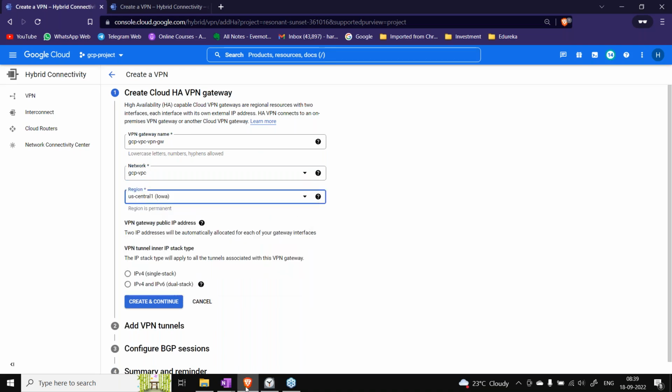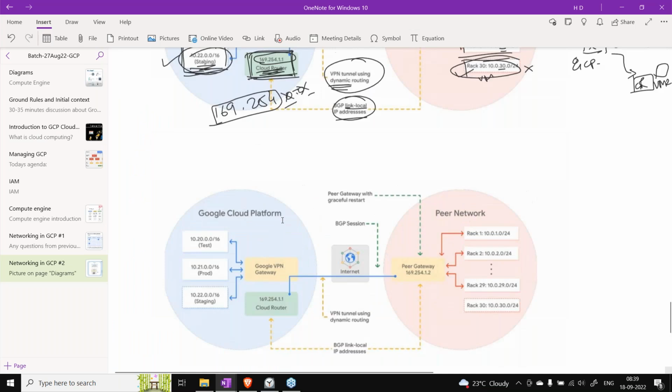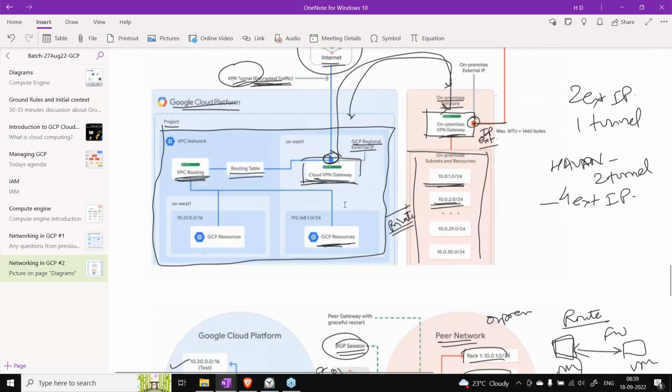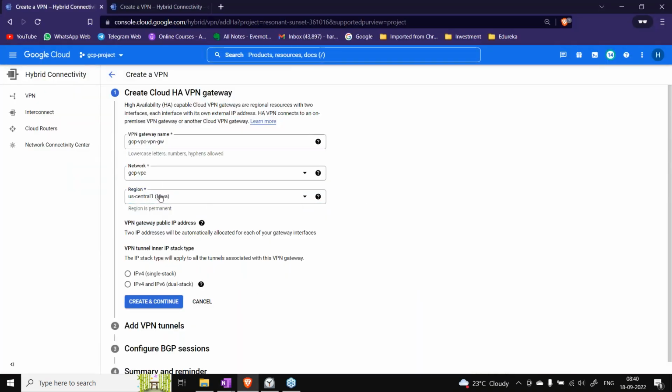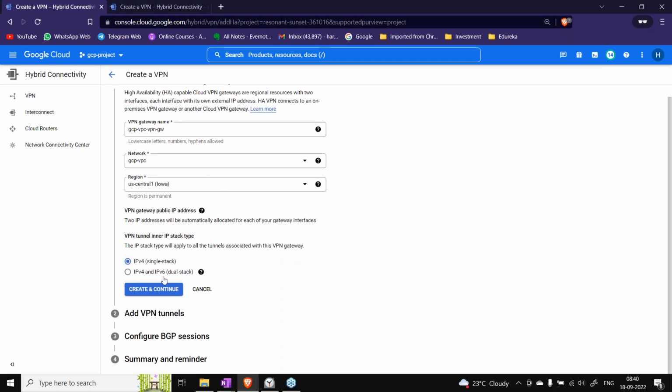We'll have to put this particular gateway in a region. However, it will still be able to route traffic for all the subnets. That's okay, but it has to be in the same VPC, and we have to keep it in some region. So that's why I'm just selecting one region. I already have two regions in this VPC, right? So I'm just selecting US Central1, and then IPv4 and continue.